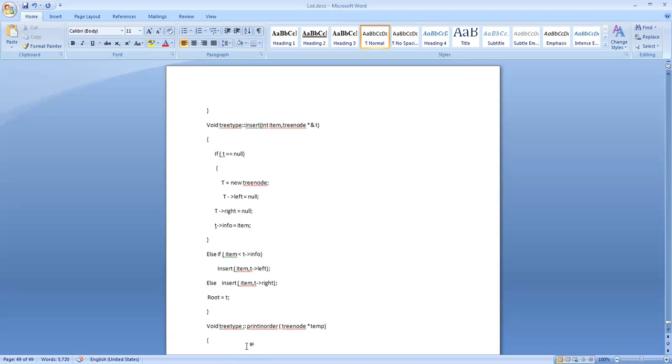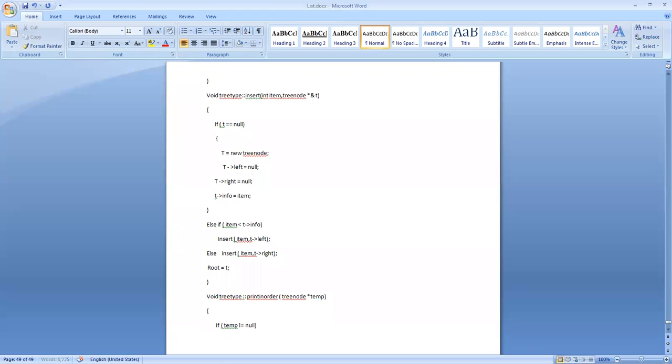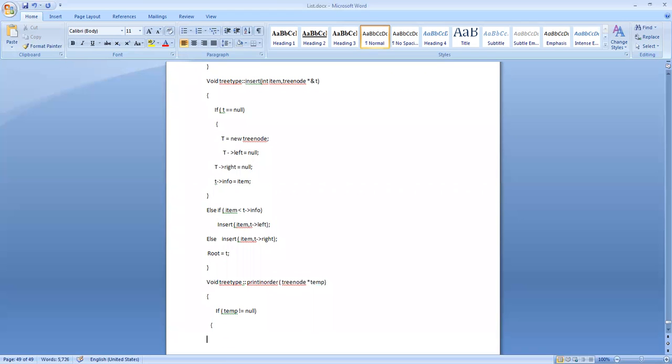First of all, let me check whether my tree is empty or not. So if temp not equal to null, what do I say? In order. So what do we do in the in-order?